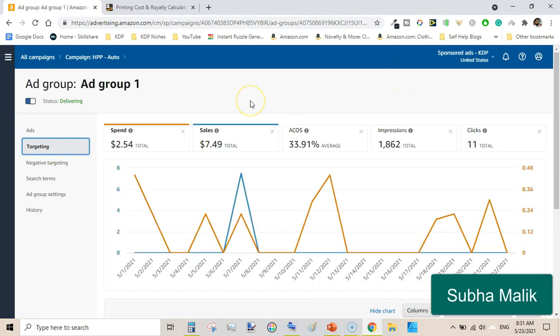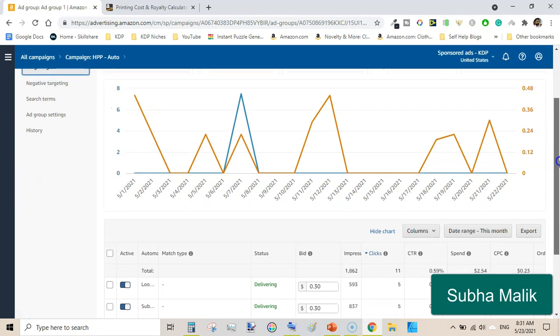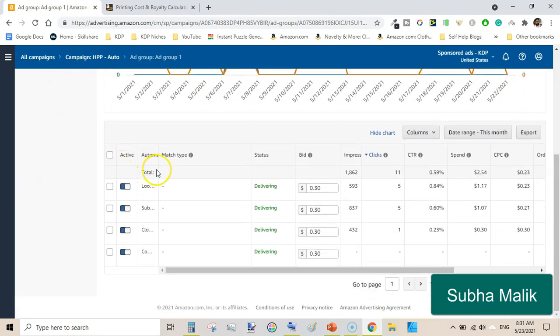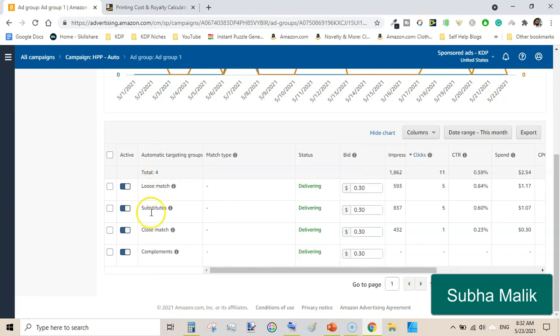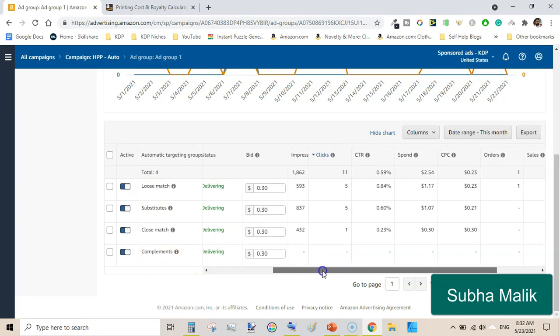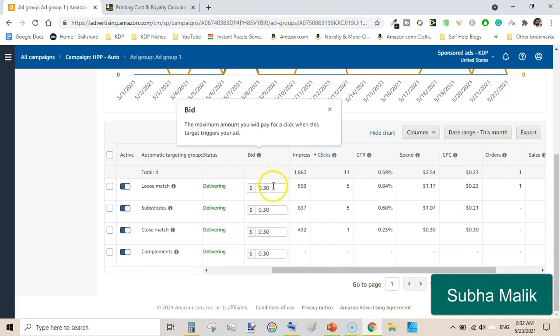This is an automatic ad campaign, and you can see I am targeting all these sub targets under automatic ad campaigns: loose match, substitutes, close match, complements. And here you can see my bid, and the bid is 30 cents, and here is my CPC.